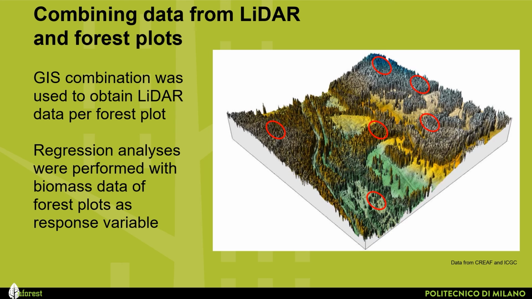Linear regression models were then developed by combining the LiDAR and the forest plot data and using the estimated biomass values in the plots as response variables. We considered as explanatory factors several statistical metrics derived from the filtered heights of forests and the fraction of covered data, which is estimated as the percentage of pixels that fall on vegetation relative to the total.